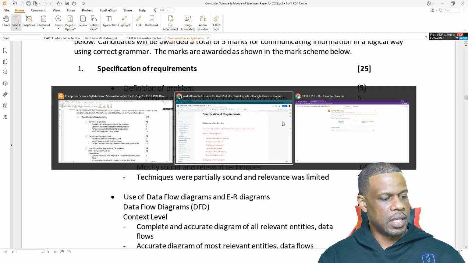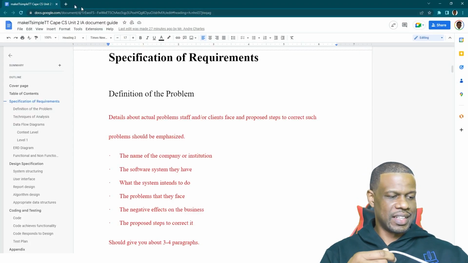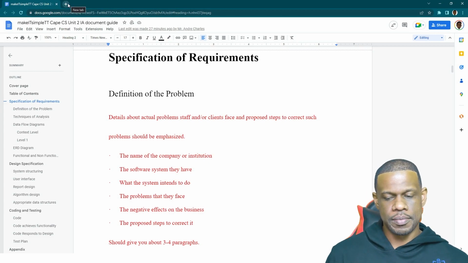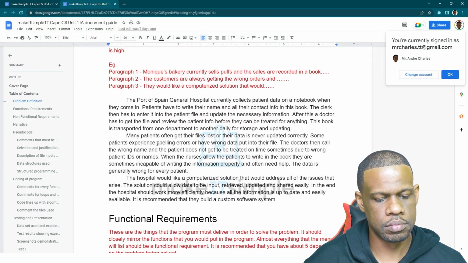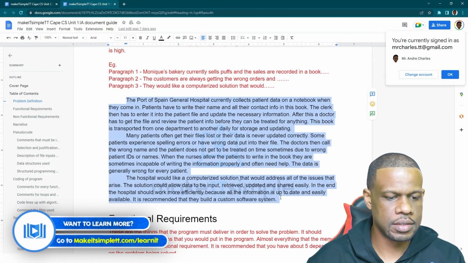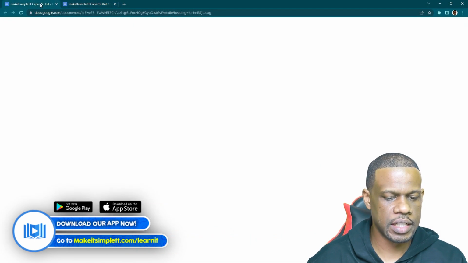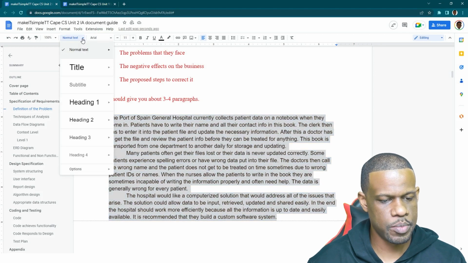And the only way that it could be inadequate would be first to point out that it does things poorly or inefficiently or something like that. So basically, you're going to take the problem definition from the previous IA, Unit 1, and we're going to drop it straight inside here because we can. We want to put this as Times New Roman